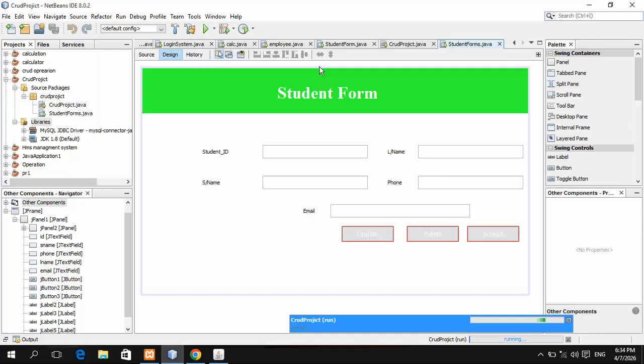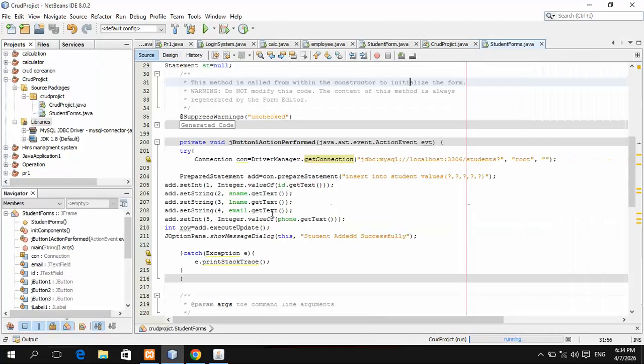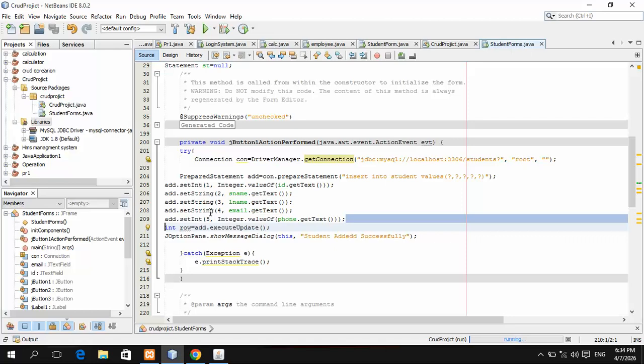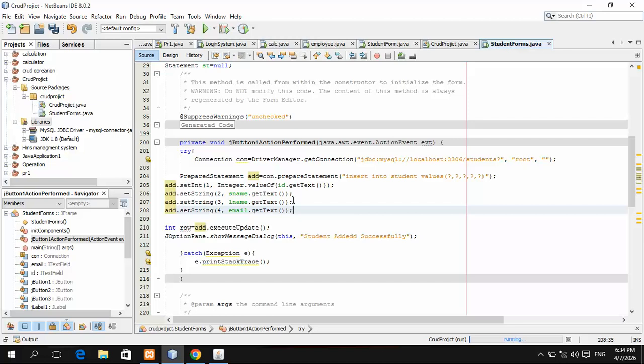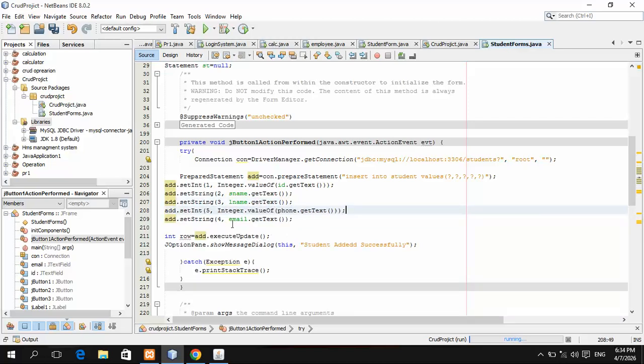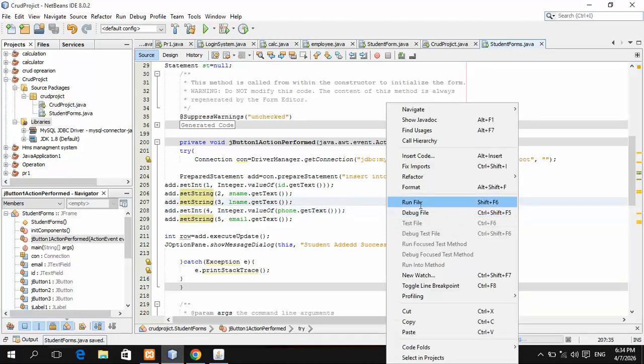So sorry, one minute. Go to source. In the four one, hold Control plus X. Control plus X. In here, Control plus V. The parameter is 4, and this parameter will be 5. Control plus S and right click, go to run file.